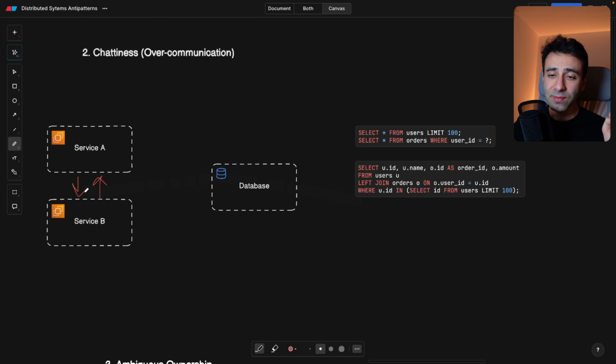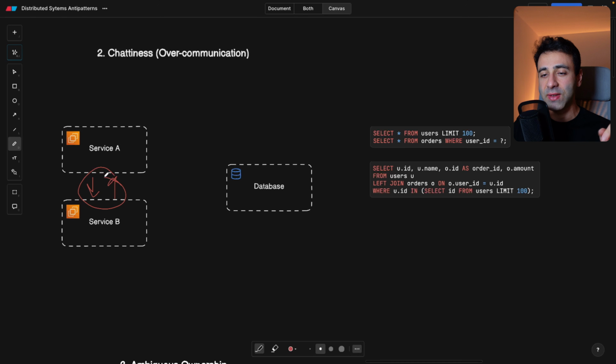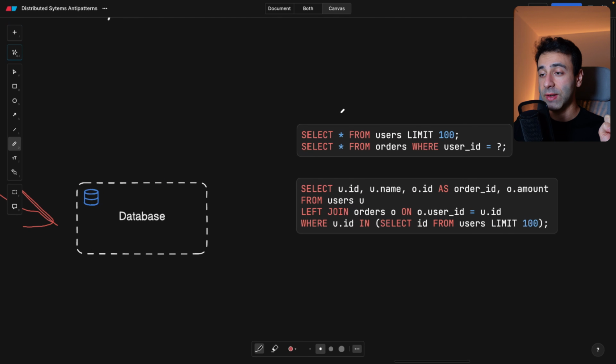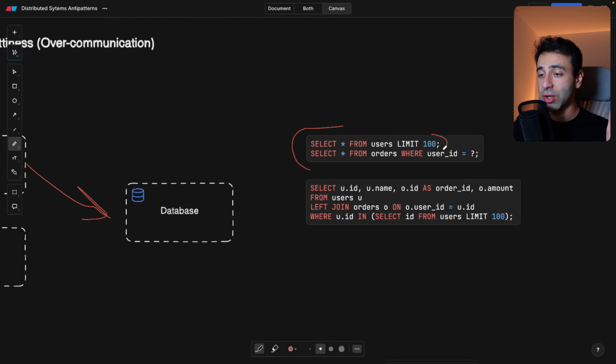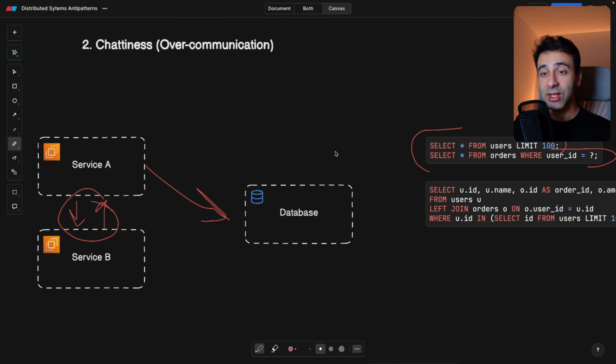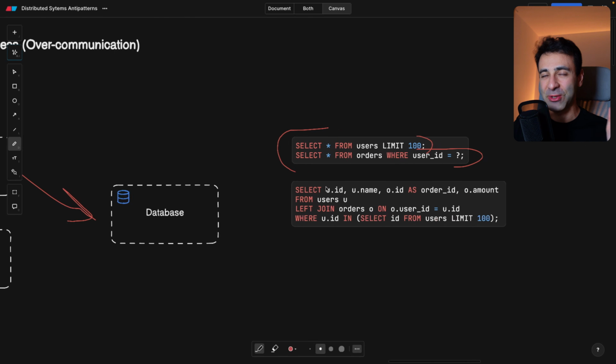For example, let's say you optimize this part, so service A is really modular and not dependent on service B that much, but now you're making requests to the database, and these are your requests. So you try to fetch users, at least 100 users with a limit 100, and then you try to fetch the orders for each user that you fetched above, okay? So this is going to be 101 requests in total. This is a lot. This is chattiness, and you don't want to be bombarding your database with so many requests just to fetch this kind of data.